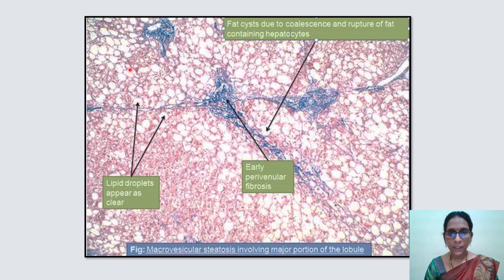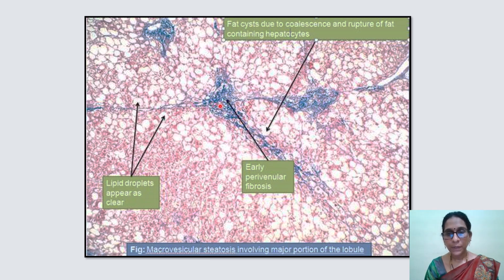So you can see the histology image where the hepatocytes are completely occupied with lipid droplets. It is filled with lipid droplets, thereby pushing the nucleus to the periphery. Sometimes the vesicles are smaller to begin with, but later they completely occupy the cell, which is called macrovesicular steatosis, and sometimes this can rupture to form fatty cysts and lipid granulomas,